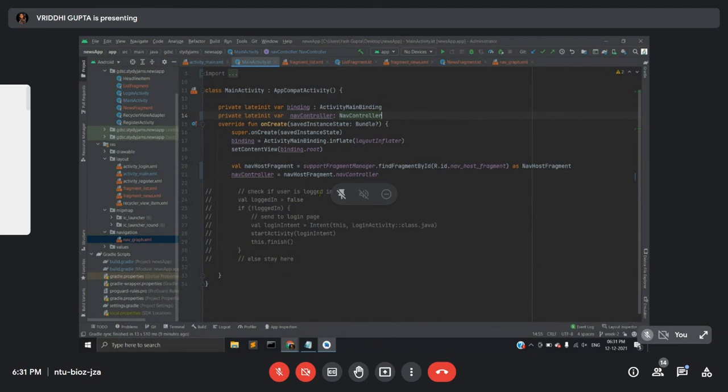I already explained nav host, and even nav controller. Now what is this nav host fragment? This allows your fragment container view to navigate between fragments. Each nav host fragment has a nav controller that defines valid navigation within the navigation host.